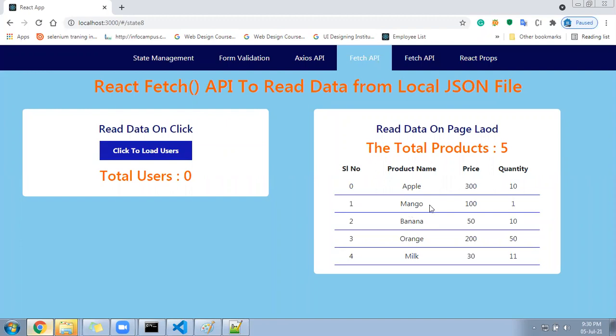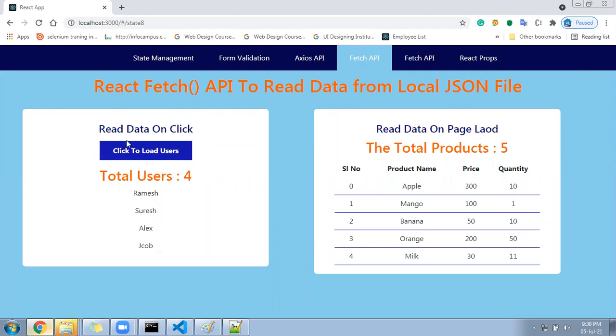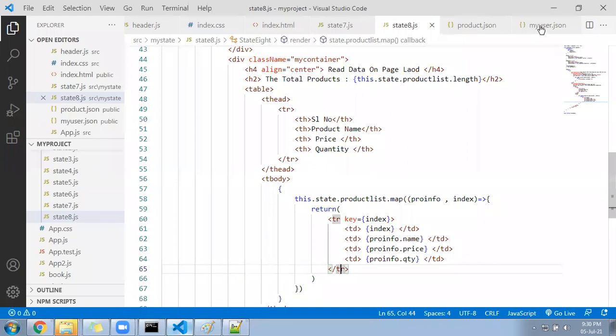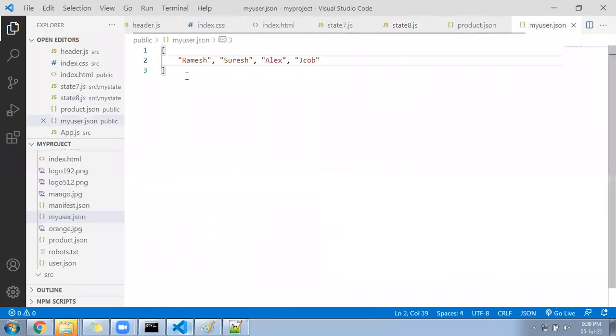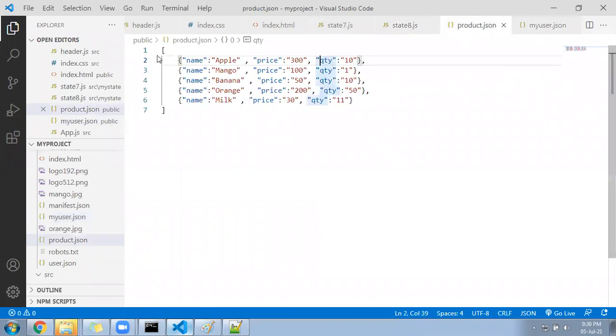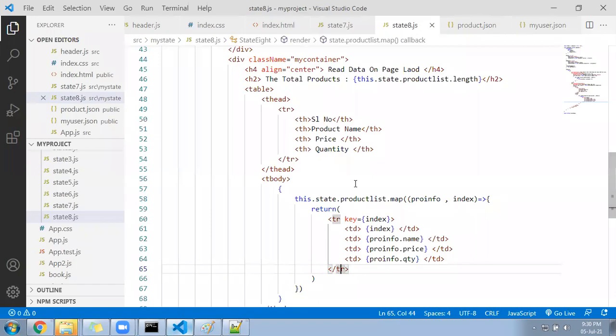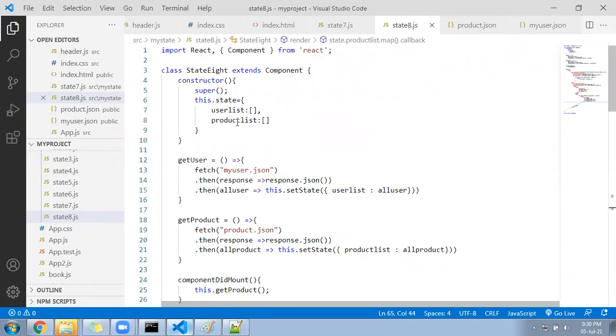We wanted the data to come from the JSON file. One should come on click, another one should come on load. Right, so let's understand the flow once. We have a user.json file storing the data in JSON format, we have a product.json file storing the data in a multidimensional array, and we have a class-based component. There we have written one array called userList, another array called productList, as part of the state variable.